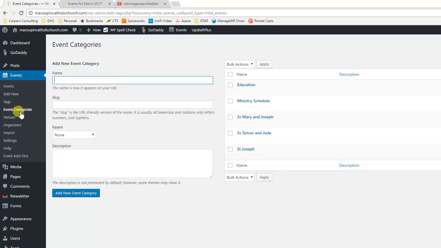So moving to the next thing here, we've got event categories. This is going to show you all the different categories. Now, you may want to add to this. So if you have a fall festival, you may want to add fall festival. If you have mission trips, you may want to add those in here as a category too. And then